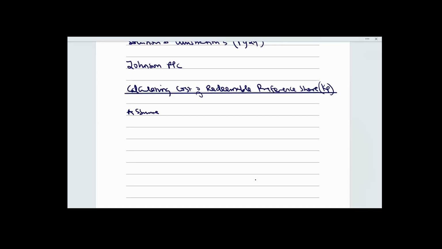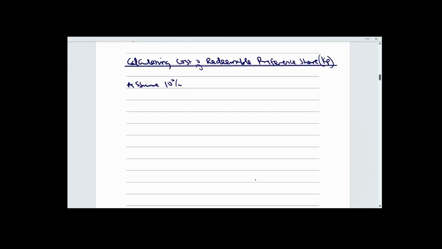It is subjective. You are the one that will assume the discount rate to be used. It won't be given to you. You are not going to be given the cost of capital that you are going to use. You are the one that will assume it. So that's why it is subjective. So let's start from 10%. Assume 10% discount rate. We are going to use only one table to calculate the 2 NPV. That's the exam method I'm showing to you.